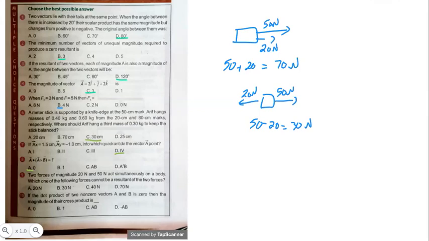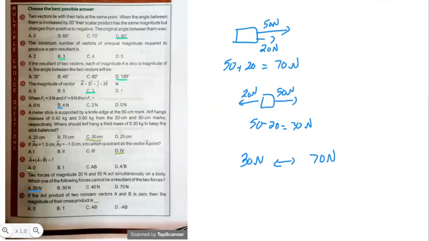So जो range है हमारे पास वो 30 Newton से लेके 70 Newton तक की है. इनके बीच में हमारे पास जो resultant है उसका magnitude exist कर सकता है. So yes, Mariam, Nabeel, option A is the correct answer. 20 Newton जो है वो exist नहीं कर सकता, वो resultant नहीं हो सकता, because that is not present in